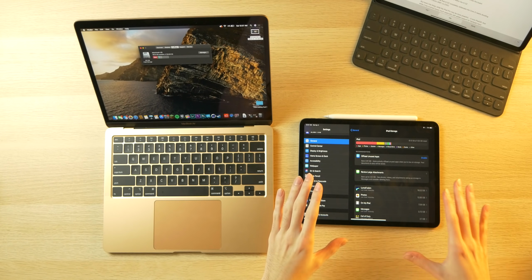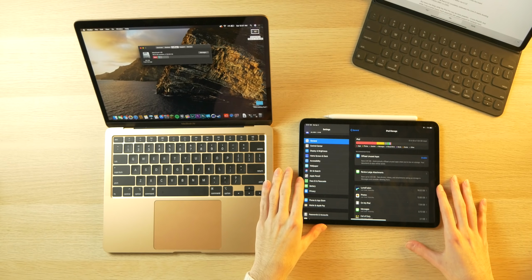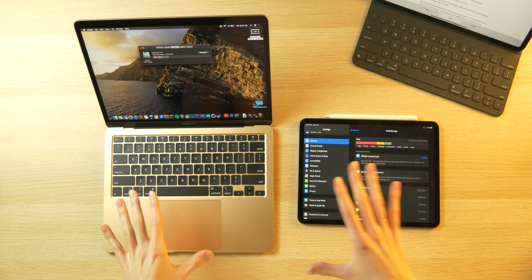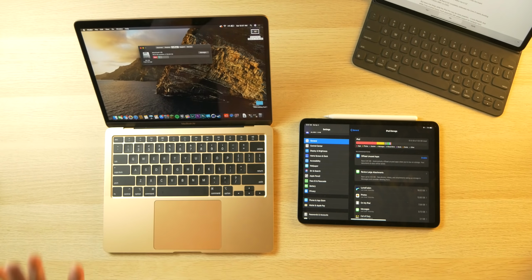And of course, you can get the 256 gig version of the iPad Pro for $899 in the 11-inch variant, but that kind of defeats the purpose of this sort of price range comparison. So yeah, comparing these two devices, this iPad Pro setup and this MacBook Air,